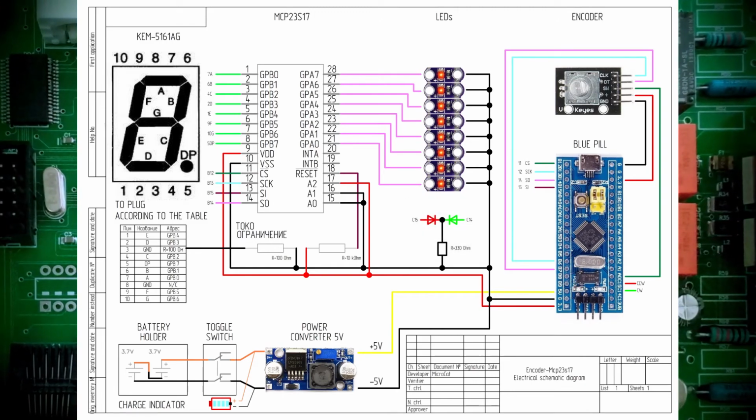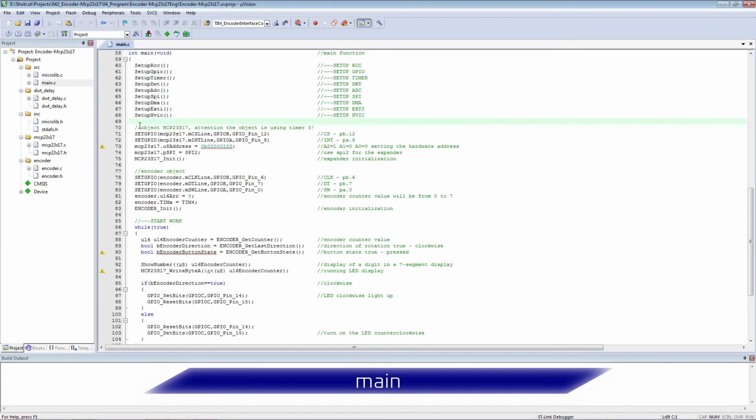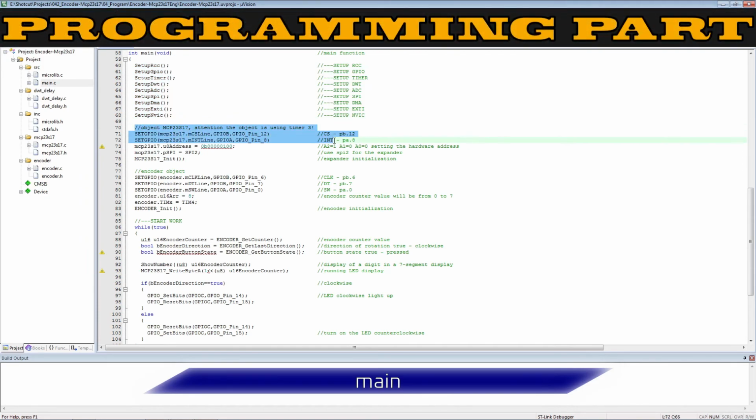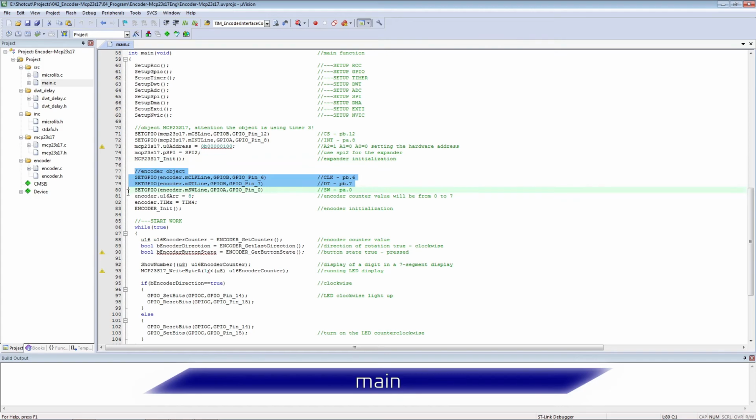Let's move on to the software part. In the main function we initialize the peripherals. We configure the MCP object, connect the pins with signals, register the hardware address and SPI interface. We set up the encoder object, connect the pins with the signals, set the maximum value of the encoder count